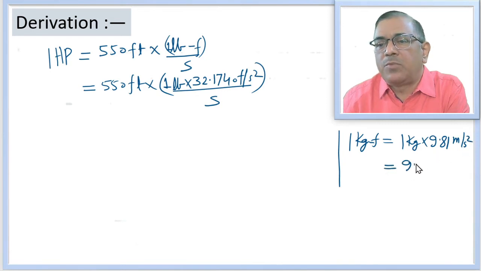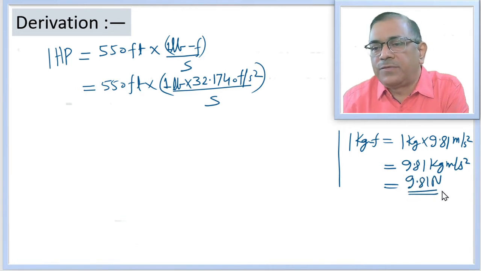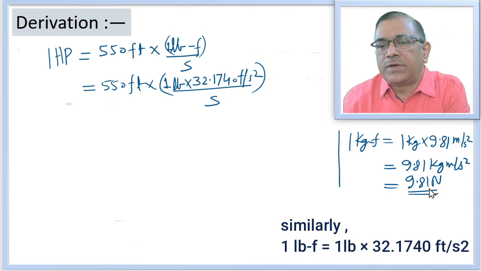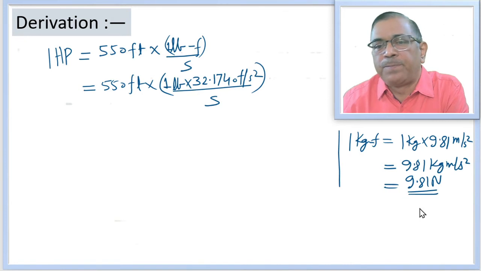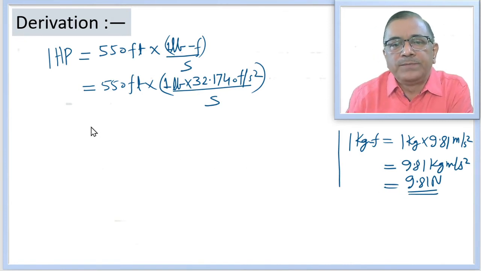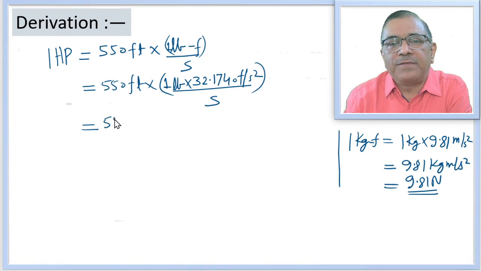This is 9.81 kg meter per second square, or 9.81 Newton. So if you have force in terms of Newton, you can convert this into kg force by dividing it by g. So over here, this multiplication is 550 multiplied by